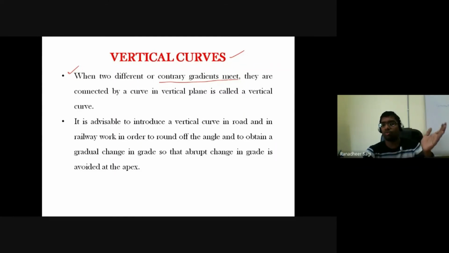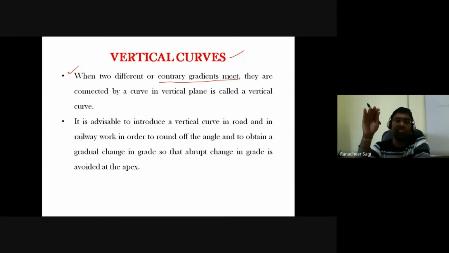So the slope of the canal bottom is going to be mostly a continuous decrease in grade. A continuous decrease in the slope is what we are going to see in the case of canal alignment. But in the case of a road or railway track alignment, you might come across different cases of changing the profile of your ground or the alignment of your path according to the field conditions that prevail.